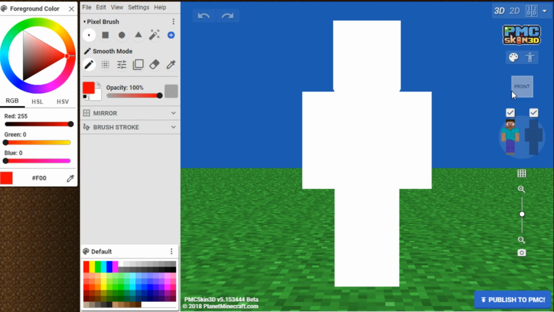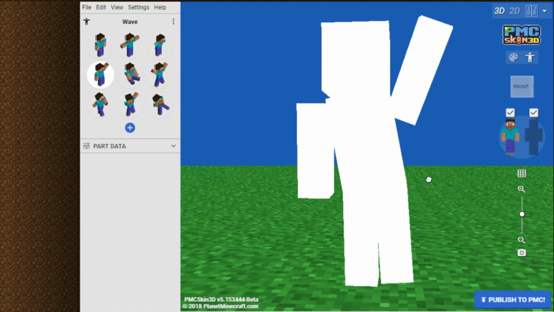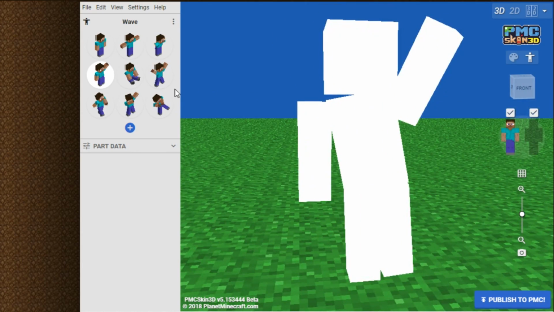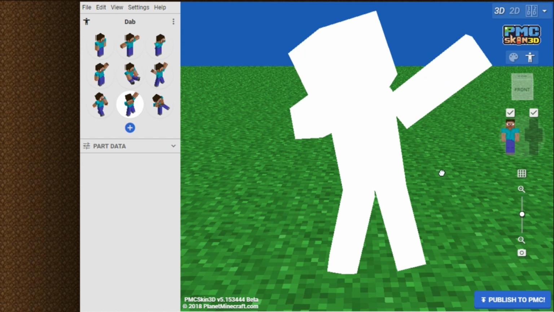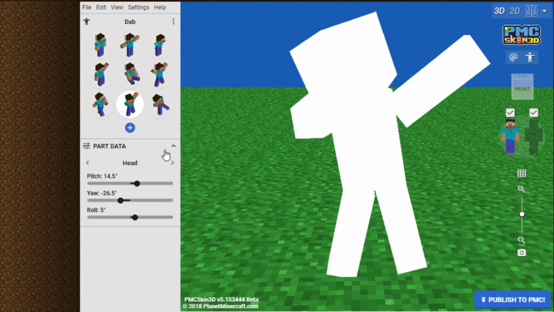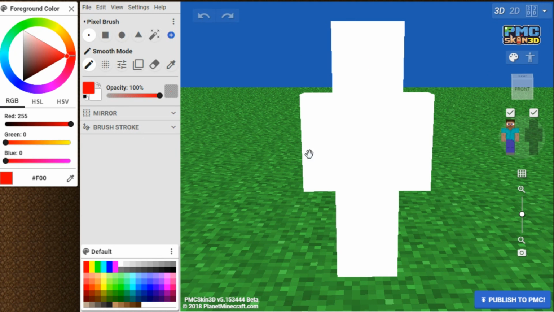I'm just going to keep going down on this side. This is the creative mode, and with this you can draw on the skin. This is the pose model mode. I've never found this super helpful, but I guess if you wanted to take screenshots and stuff, you can always pose your model like this. And then part data, I guess you can definitely turn everything to your liking. And so I'm just gonna put it back to default and go back into creative mode.